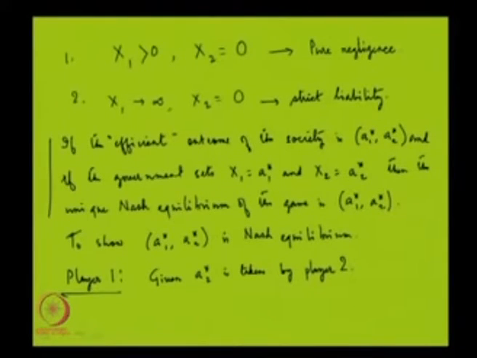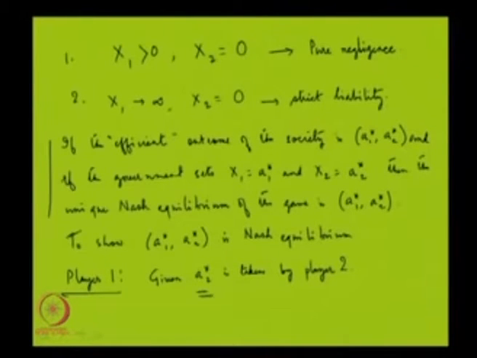Given player 2 is playing the action A2 star, what is the payoff function of player 1? Now, remember, the payoff function of player 1 depends upon two things. If player 1 is taking sufficient care, then he does not need to pay anything. And if he does not take the sufficient care, then he is in trouble, because player 1 has been taking the sufficient action that is